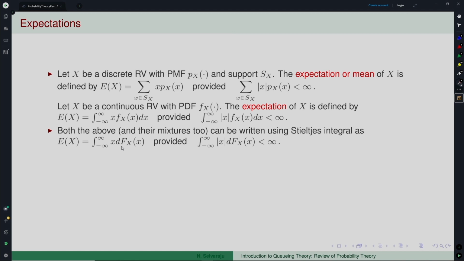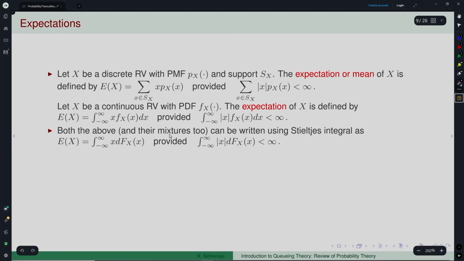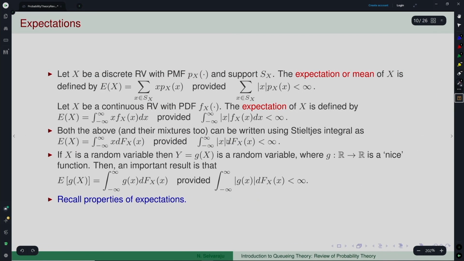So, there are also random variables with mixtures, meaning that it has a continuous part and a discrete part, both of them available in a single random variable. That is what you call a mixed random variable, or mixtures, meaning that in certain proportions you are mixing different distributions and so on. For all those things you can write in a similar way.